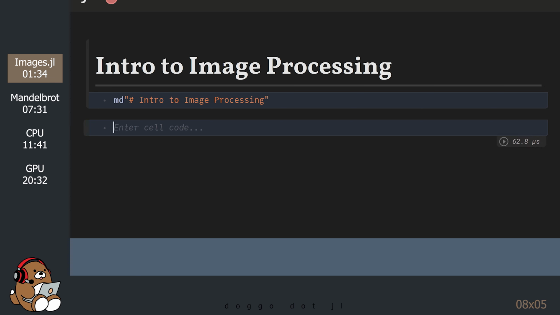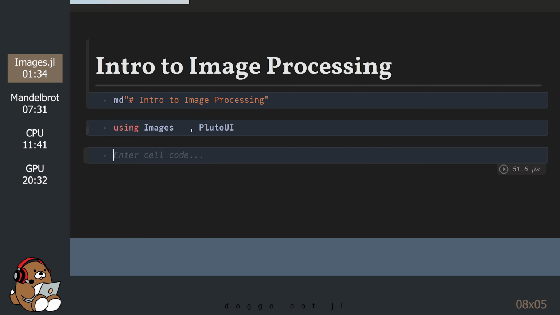Let's start by adding the Images.jl package as well as the PlutoUI package.